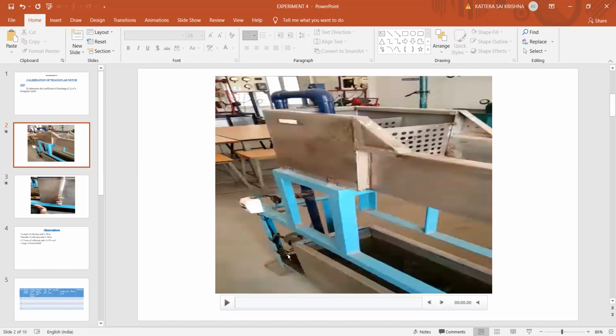For our experimental setup, we first send the water into this tank. From there, it passes through the perforated plates, which are used to make the water flow steady, so that no waves form inside this channel. For that purpose, we are using two metal plates with holes. Right. Now I will start the experimental video. Just watch the video and I will explain it. You can see how it will work.